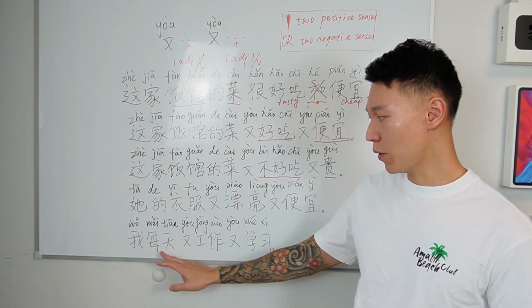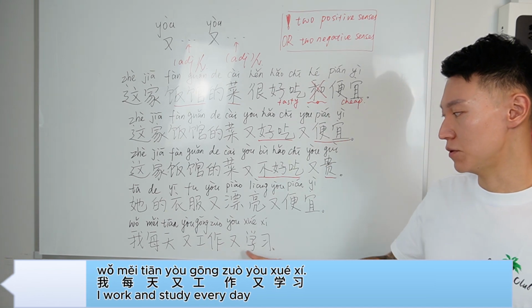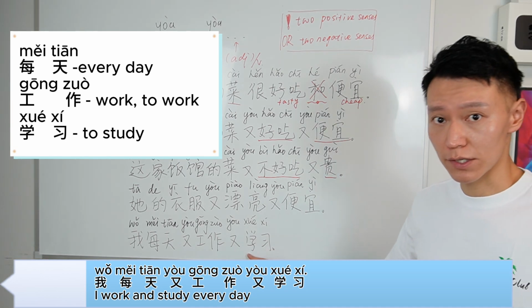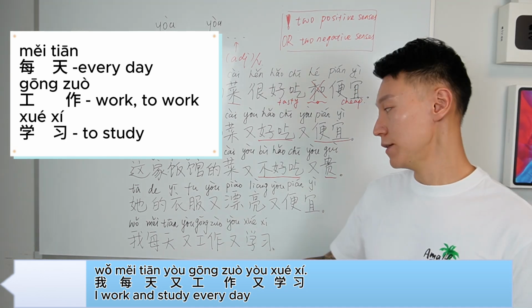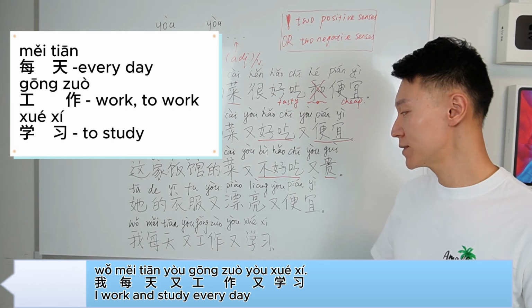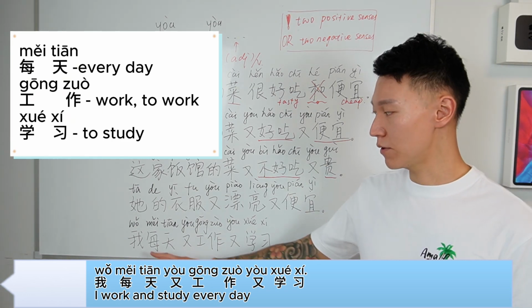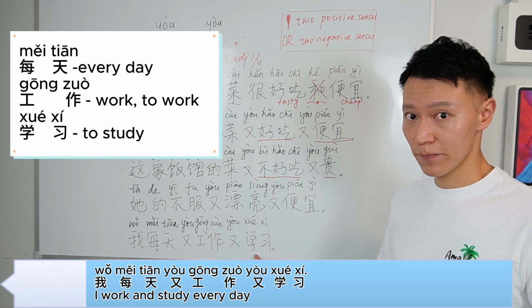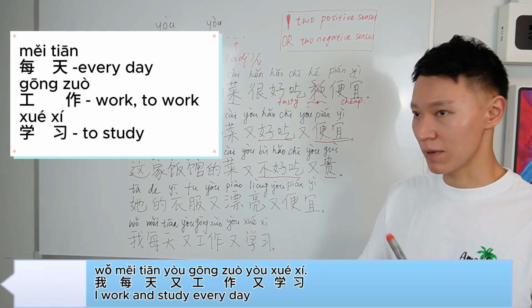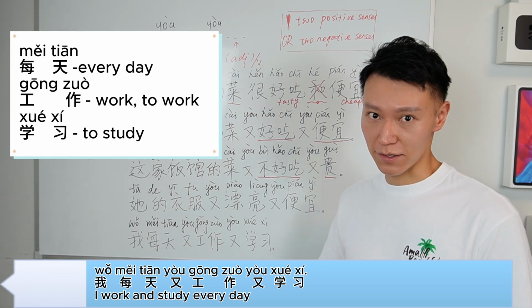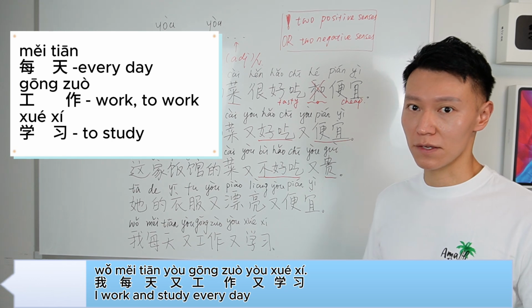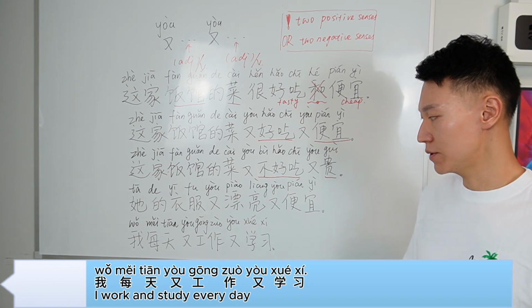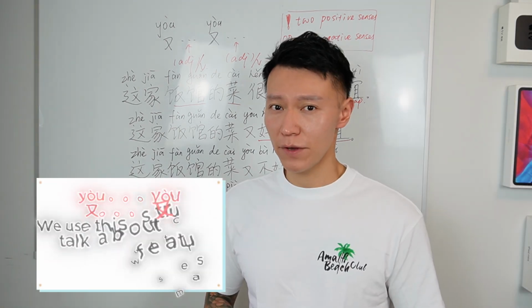Okay. And still remember, we can also use two verbs after these two 又. So 我每天又工作又学习。每天 every day. 工作 to work. 学习 to study. So every day I work and study at the same time. It doesn't mean that I'm doing my work and learning at the same time. It means I do these two things every day. Okay? So 我每天又工作又学习。